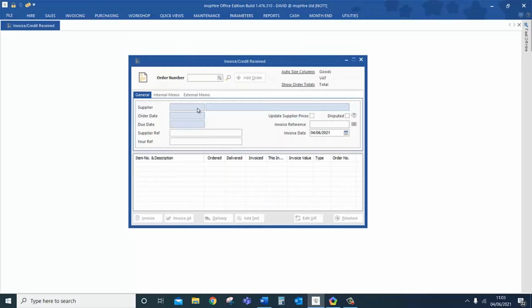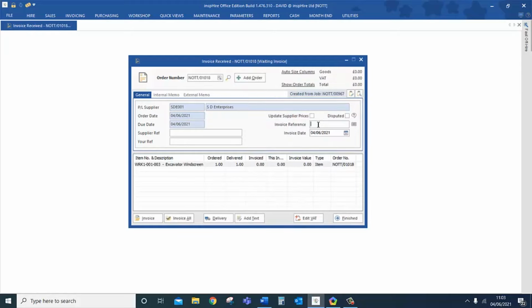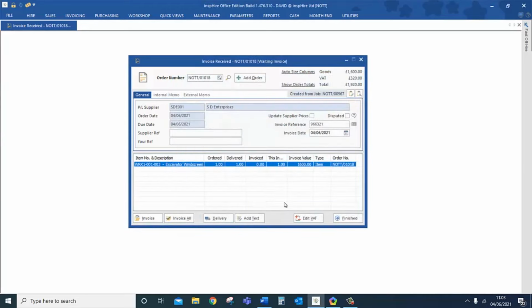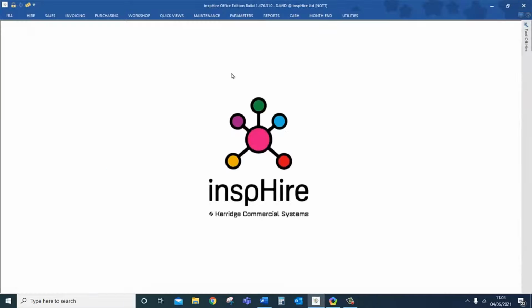Purchase order, invoice received. So we can go back into it and just receive the supplier invoice. Put in an invoice reference. Double click into the line if we want to, just to double check that the actual costs are correct. Accept, and process that invoice received. That will create a financial transaction that we can then post over into our selected accounts package that we're linking to. If we go back into the workshop job now,